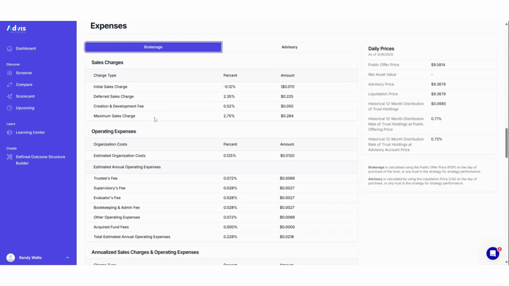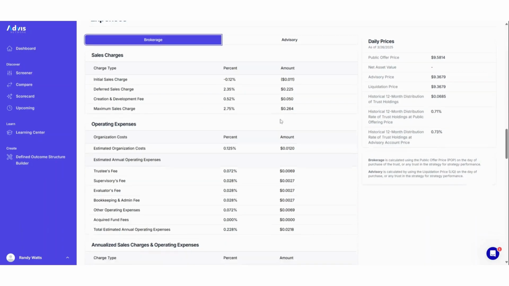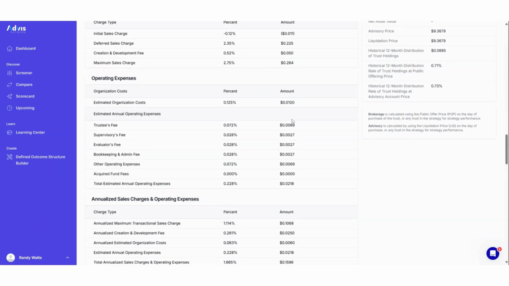The bottom side is the maximum sales charge. So when you combine all of the different sales charges, this is the max percentage and amount that a client would pay. Moving down to operating expenses, which is really broken out into two different categories: the estimated organizational costs